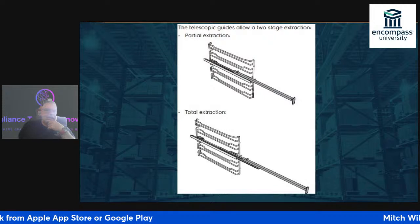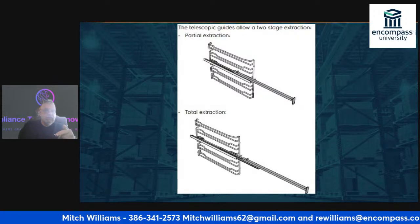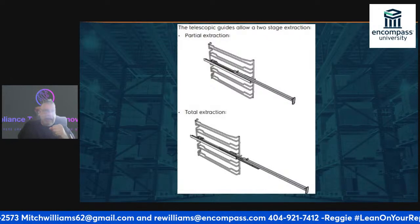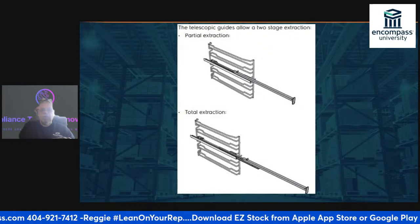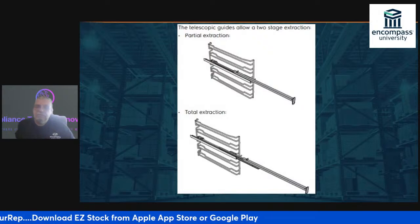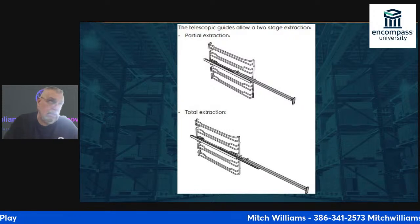Whirlpool got sued about 15, 20 years ago because a child lowered an oven door and stepped on the door, and the installer had not put the anti-tip device in and just pushed it into the slot. Whenever the child stepped on the door, it flipped a boiler of boiling water onto the child and gave it third-degree burns all over its front and face. So make sure if you're the last one to touch it,